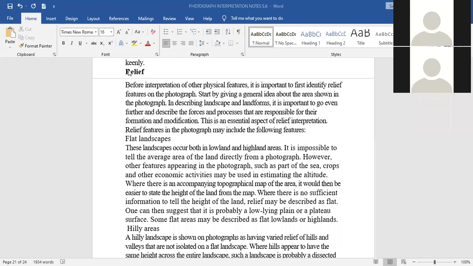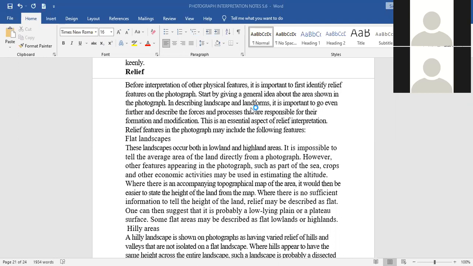In the first place, we have to identify them, and then two, we may be asked to describe their appearance, describe their formation. Now, before interpretation of these physical features, it is normally very important to first identify them on the photo